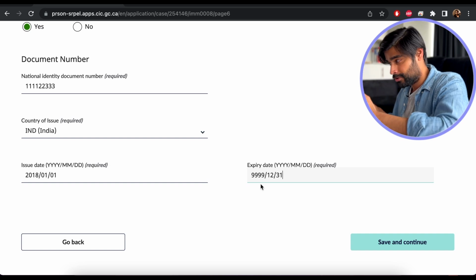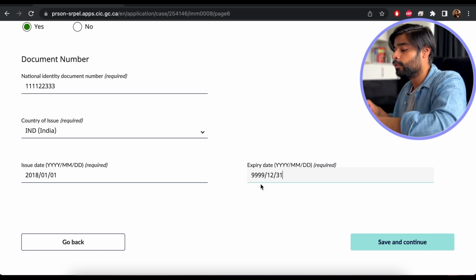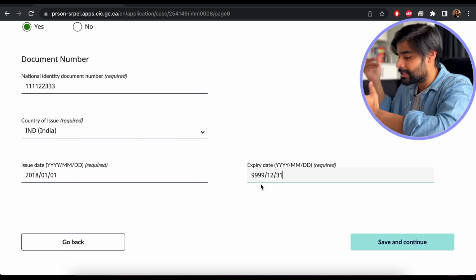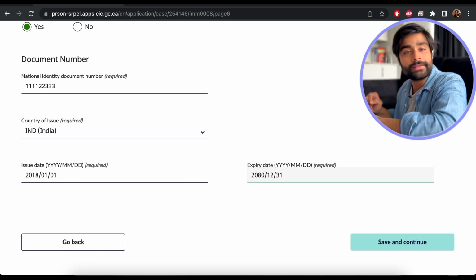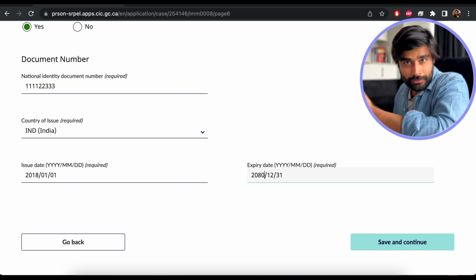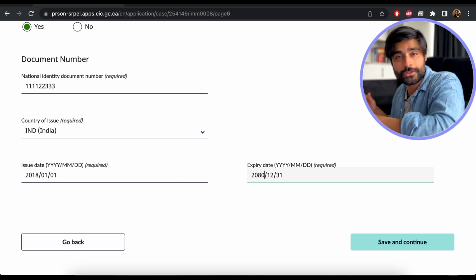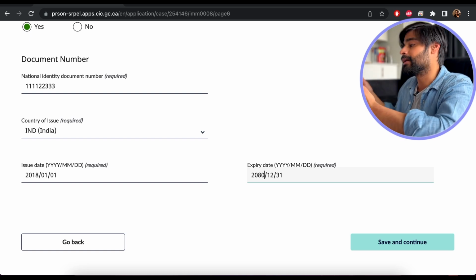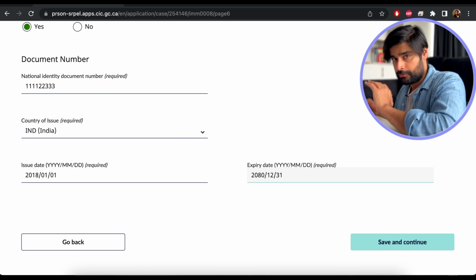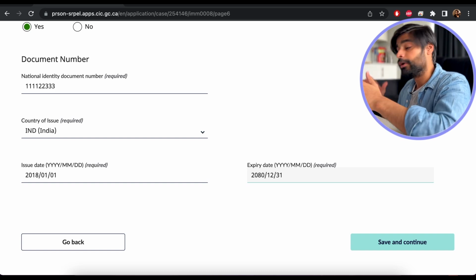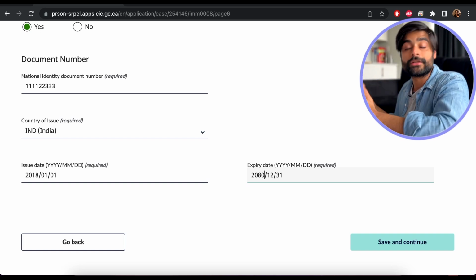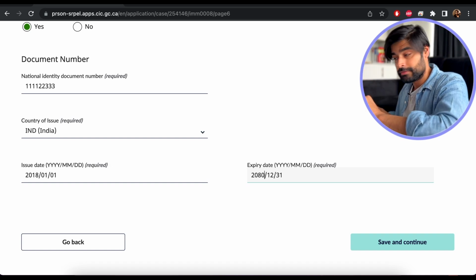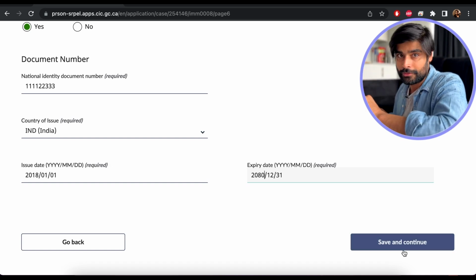If you don't want to use 9999, then you can probably use a date that is way ahead in the future. Let's say you can use the year 2080 or 2090, because pretty much every one of us applicants is going to be dead by 2080, and I think that suffices to prove the fact that this card will not expire. Now, whatever method you go with, what you can do to solidify this case and eliminate any chances of confusion is, once you are done with this expiry, and it now allows you to finish the form,